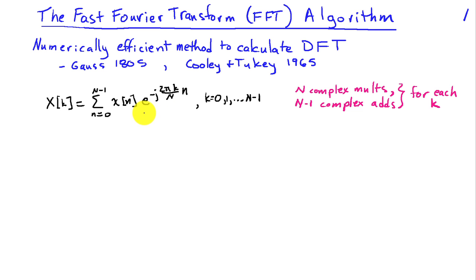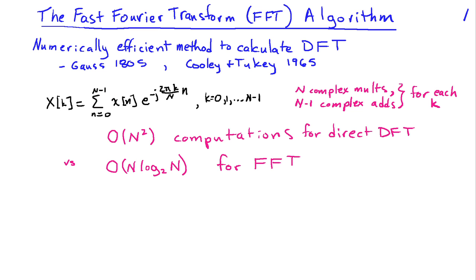So if we consider how much computation is involved here, we have N complex multiplies and N minus 1 complex adds to get each X of k. I have to multiply x of n times e to the minus j 2 pi k over capital N times little n, and I'm assuming these numbers are pre-computed and stored in the computer, so I just have to do a multiplication. I have to do that capital N times because there are N terms in the sum,